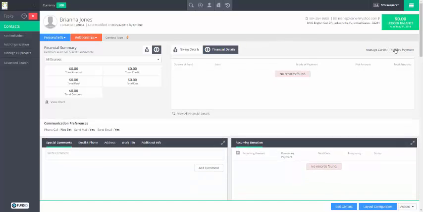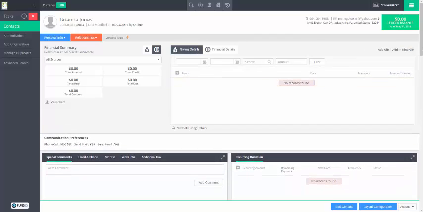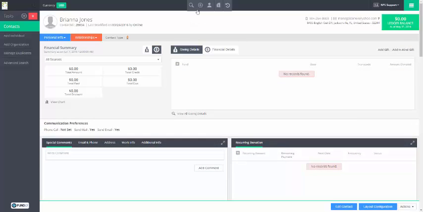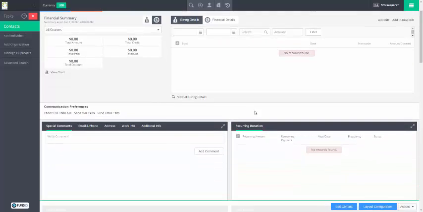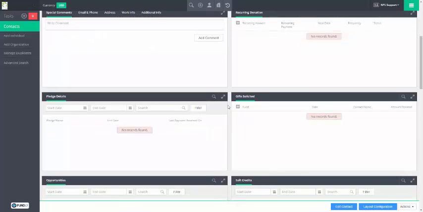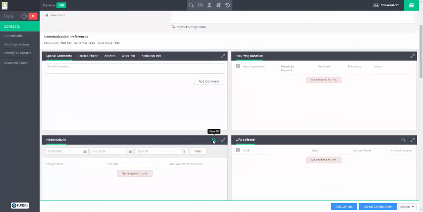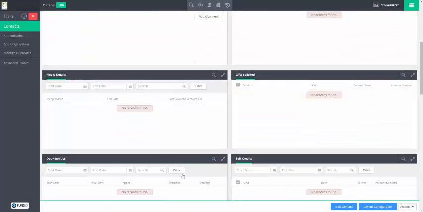And then we have a couple of things you can do here: manage cards, receive payments, or if we're on the giving details, add gifts can be done from here, as well as from add gift and from invoices and a few other places. We see the contact types the person has, and we have sections that have the various data that someone may have on their record. This person has very little. You can rearrange this as needed